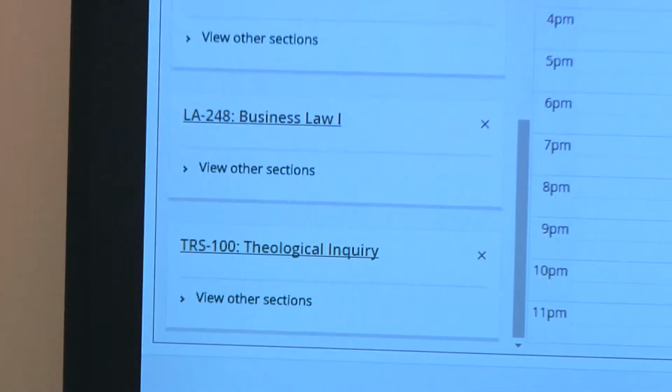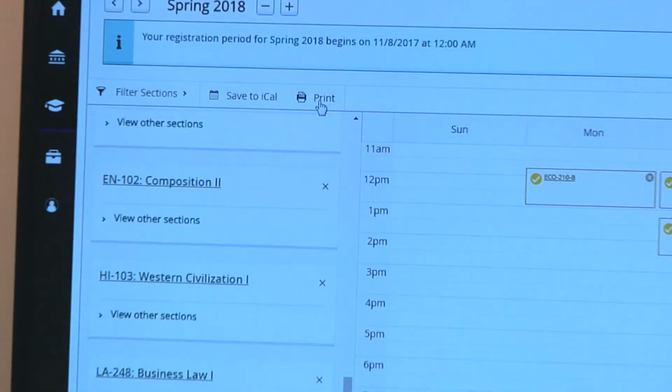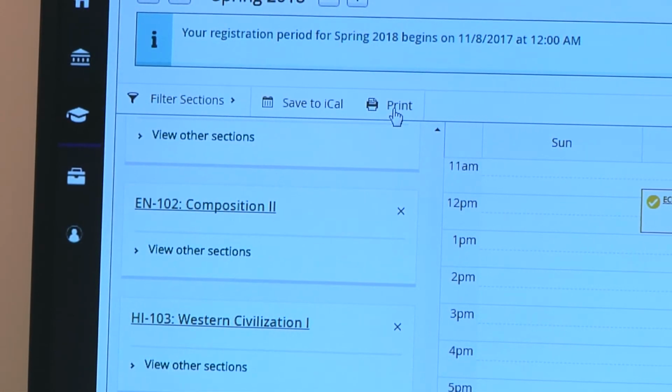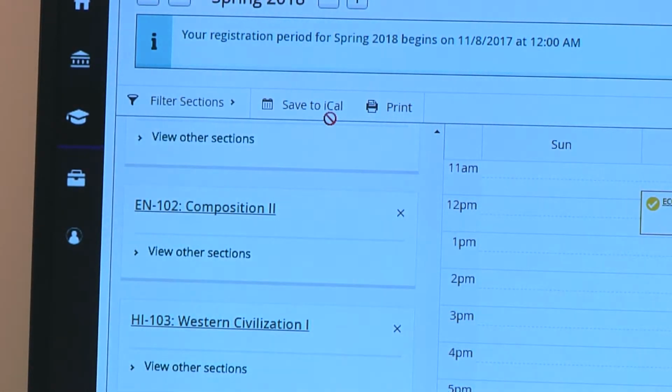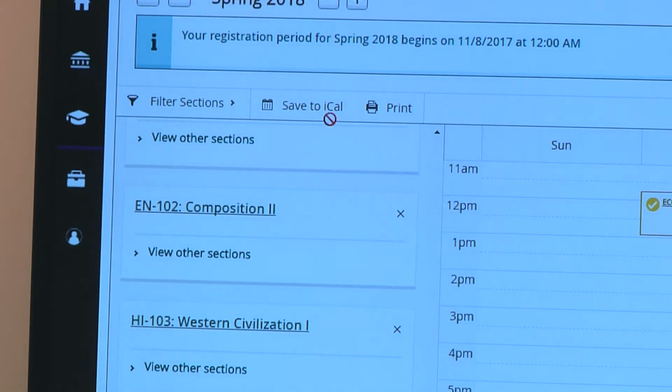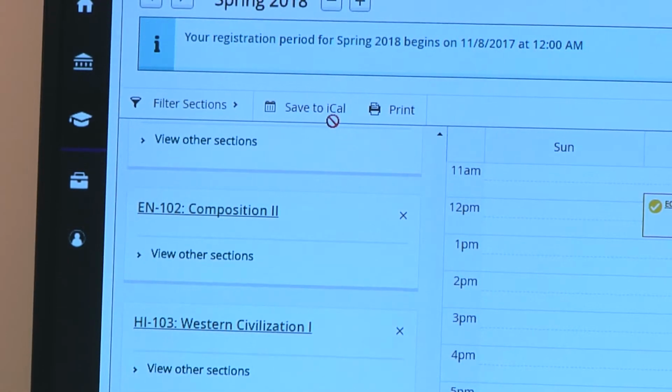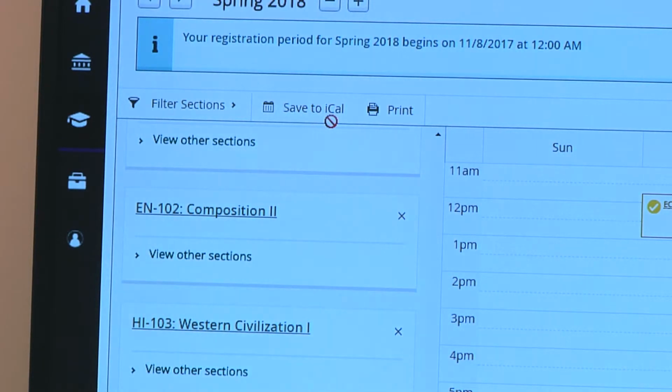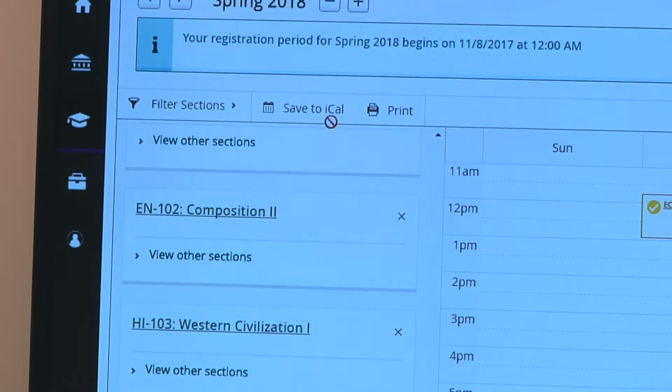So yeah. One other function they're able to do is print their schedule directly from My MU Plan, and they can also save it to iCalendar. That way, they know exactly when classes are meeting. So we're excited about that, and so far the reviews have been good, students are excited as well, so we're happy. And if you have any questions, please let me know. We'll be happy to clarify anything, especially anything that's maybe not clear in the guides. We'll certainly be updating those with some of your feedback